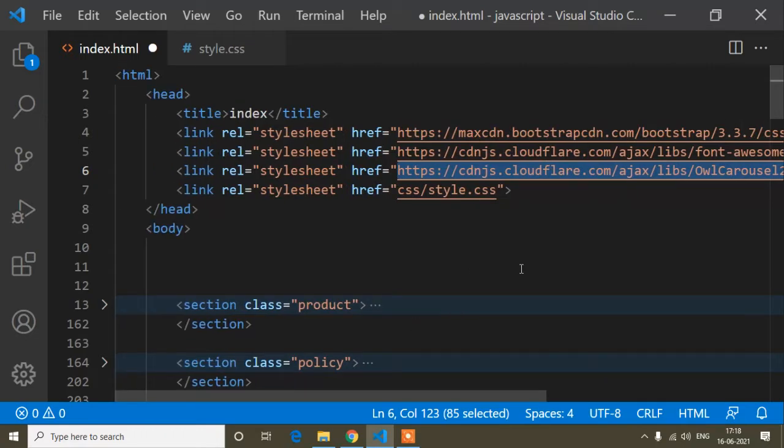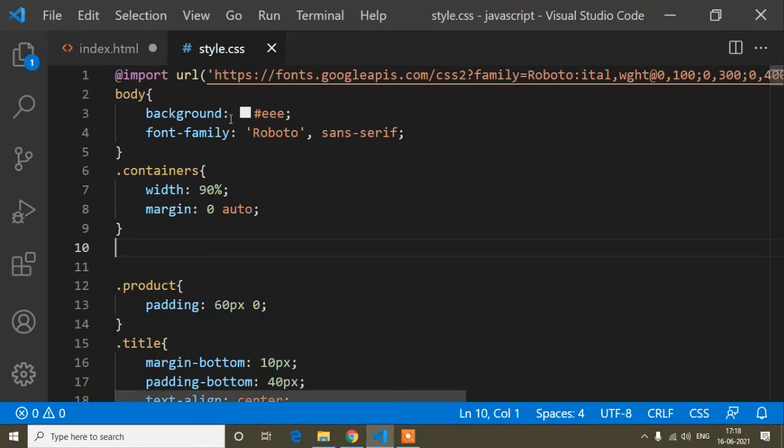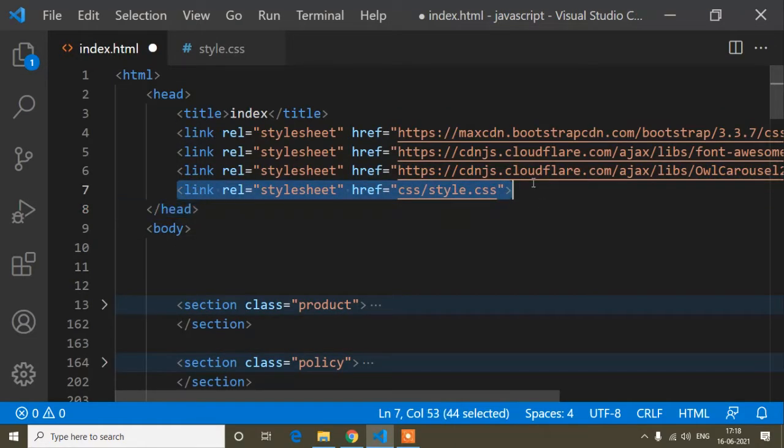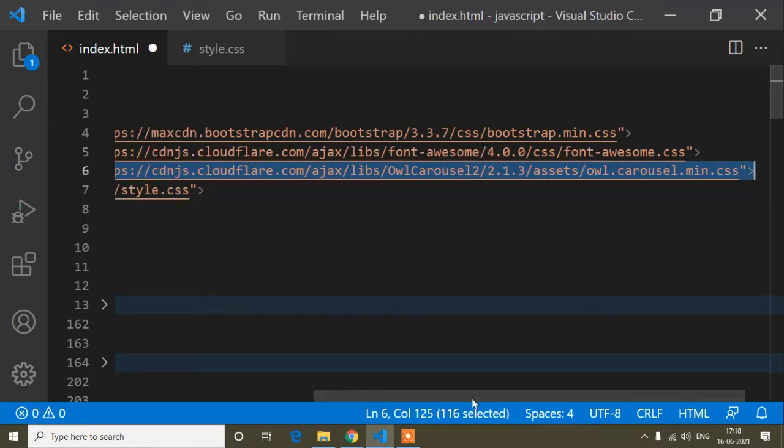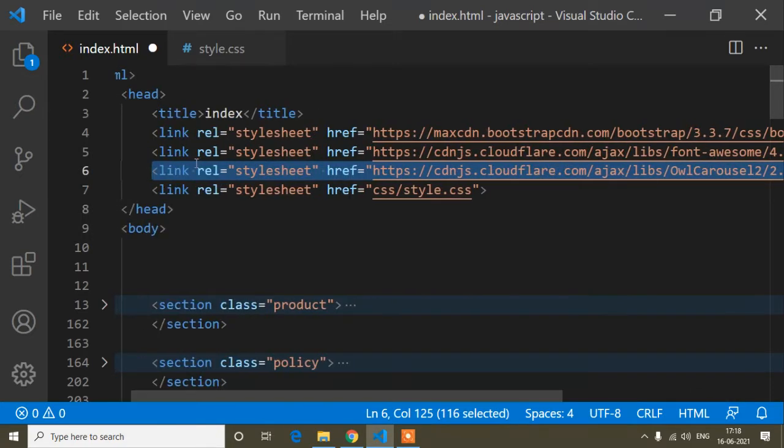And guys, one thing you have to remember: if you have a custom CSS link, like this one, my external CSS page, and that link I have added here. Above this, if you also have custom CSS, you just have to add the Owl Carousel link above it, because if you add the Owl Carousel link below your custom CSS, you cannot modify your Owl Carousel CSS, because it always takes the last thing.